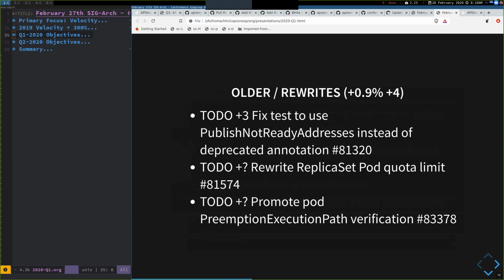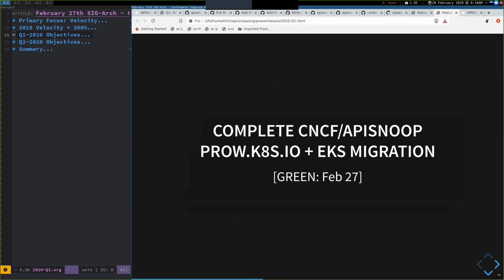The older way we did stuff is hard. And so we've got a few of those stragglers cleaning up, but I'm hoping that those PRs will either merge or we'll be finished with them soon. Also, as part of our Q1, we'd like to finish migrating all of API Snoop onto PROW and onto EKS as far as the different components that we use.